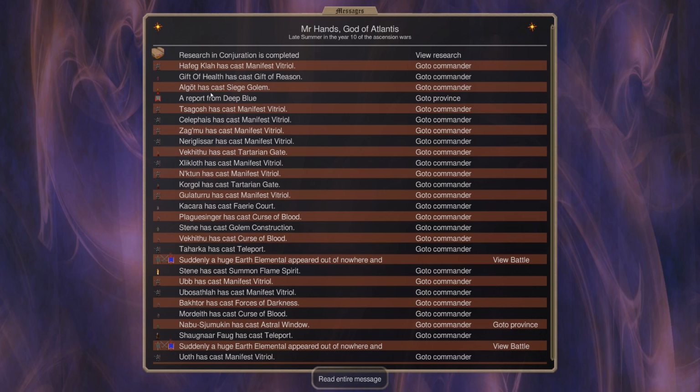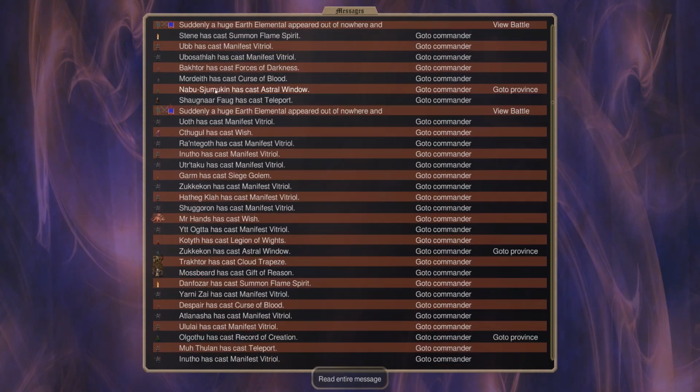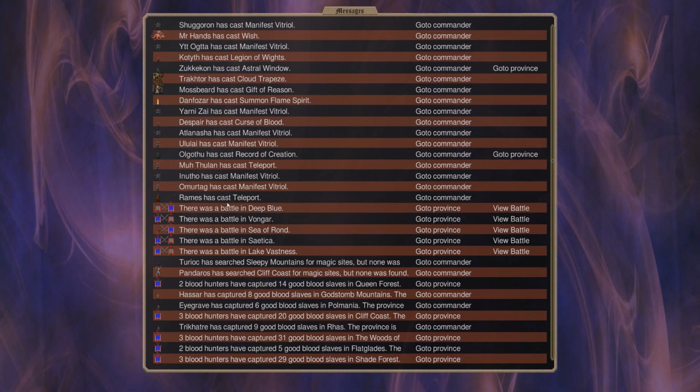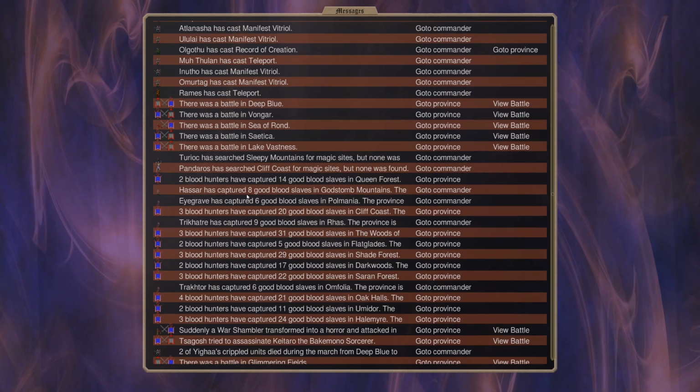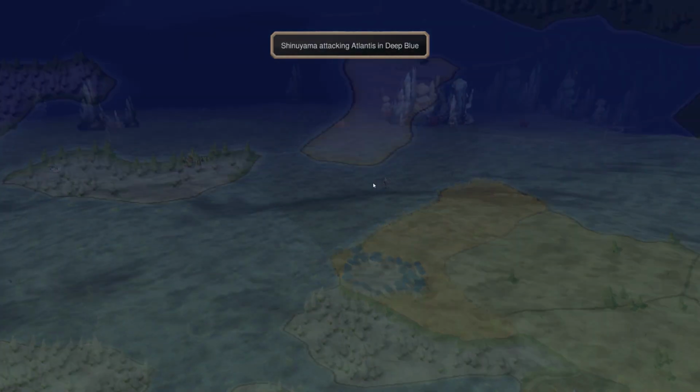So anyway, you can see we cast literally like 2 pages of spells. 2 pages. Coming down, we have a few magic phase battles followed by some non-magic phase. So Shinuyama attacks me here with